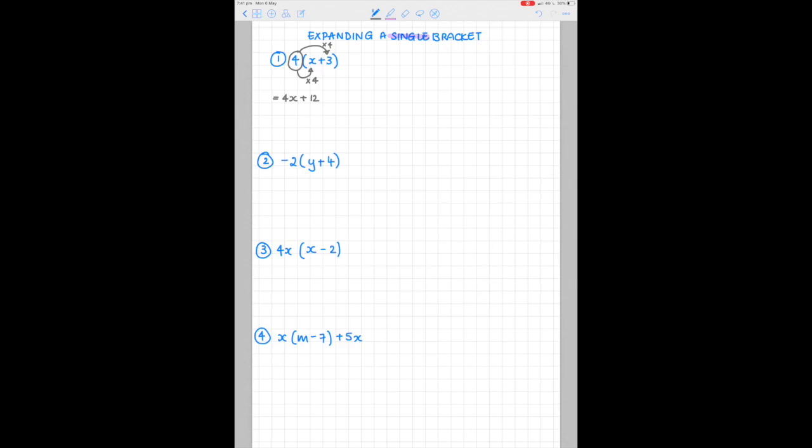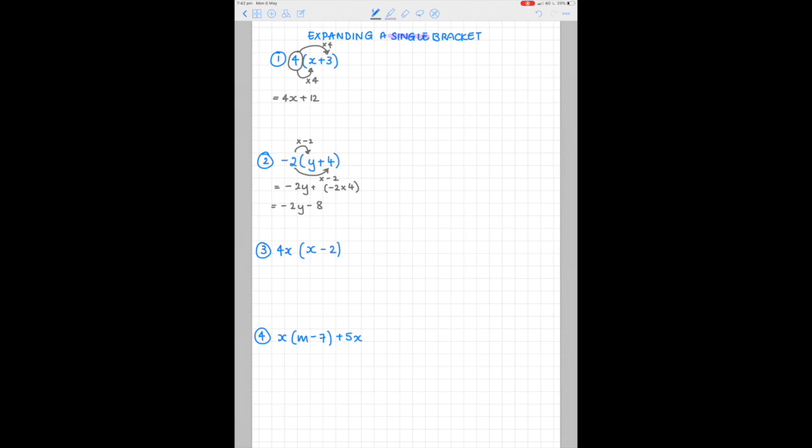We've got negative 2 as our multiplier. We're going to times it by y, which is the first term in the bracket. So times by negative 2, and then we're going to write negative 2y, and then negative 2 multiplied by the positive 4. So again, if I write this in expanded form, we're going to have plus negative 2 times 4, and we get negative 2y